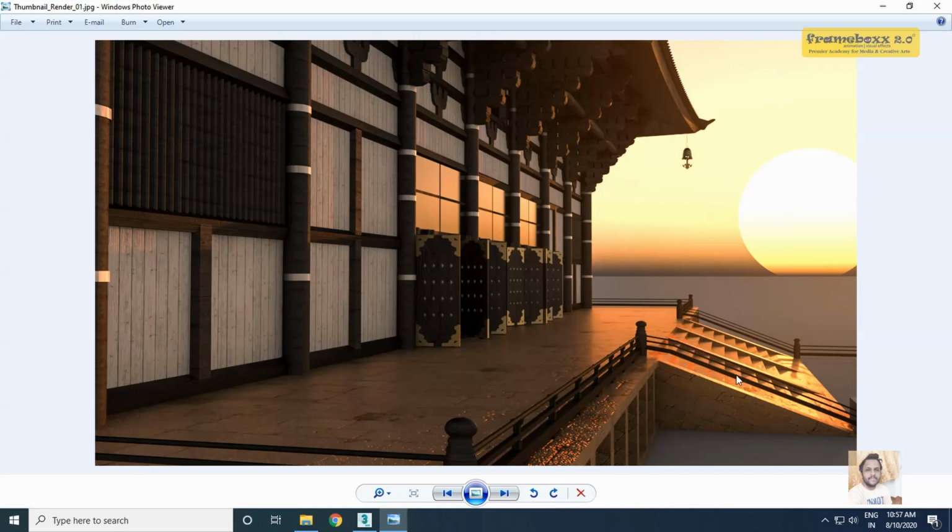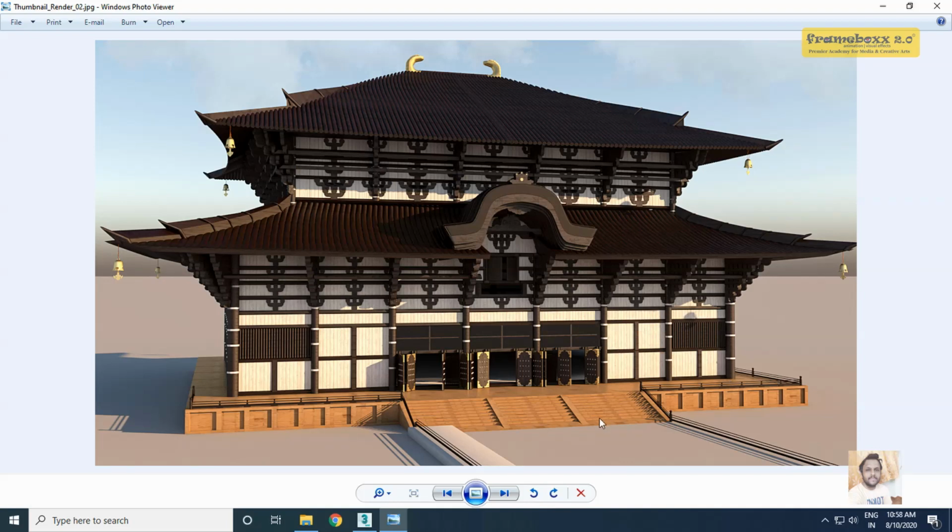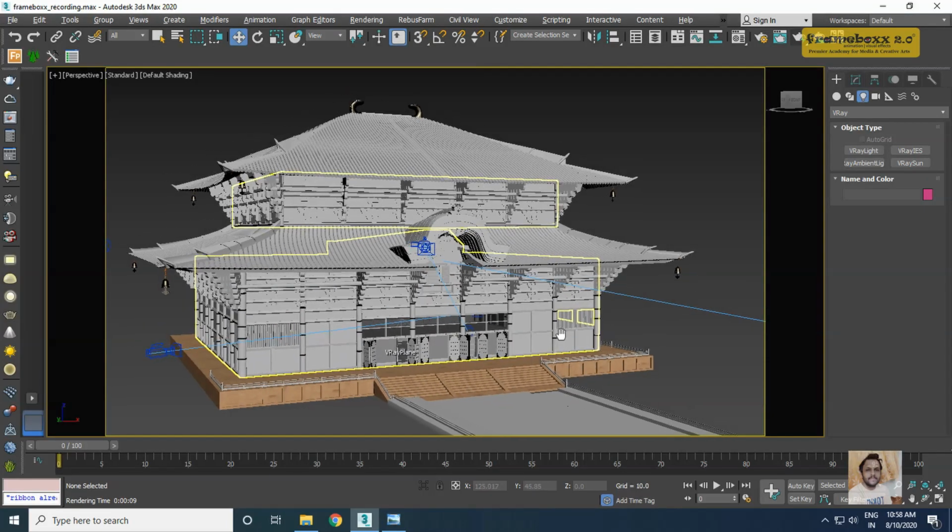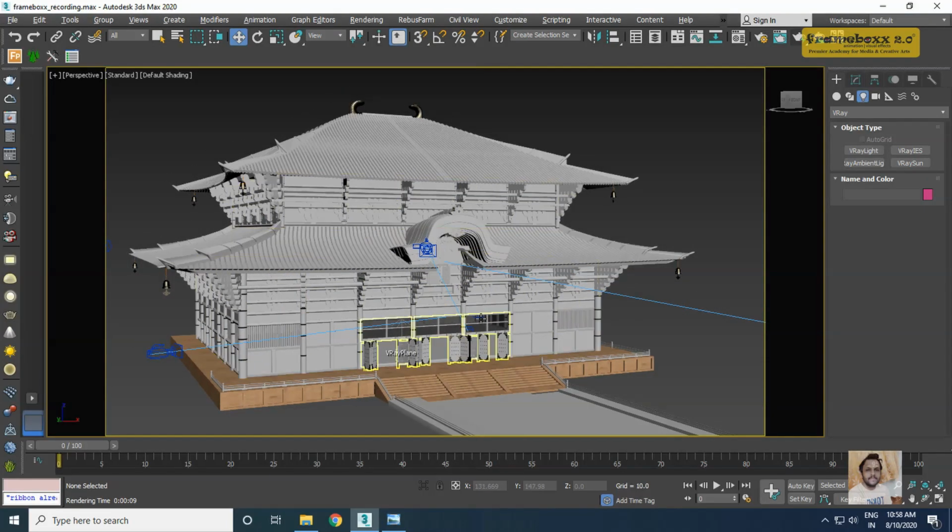This is also another cinematic lighting which we are going to cover today. The model which I have used in this tutorial is made by one of our Framebox students. This is a great wall of Nara model. As you can see, he has taken a photographic reference for the actual textures and then recreated it in Photoshop. Now let me just walk you around the scene.